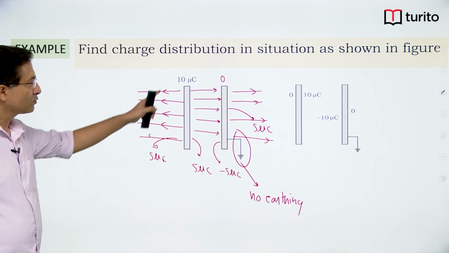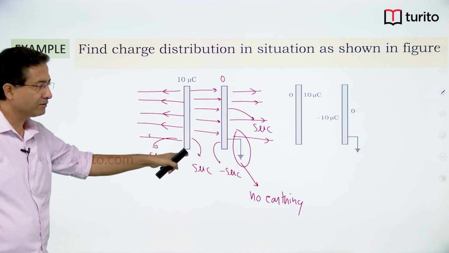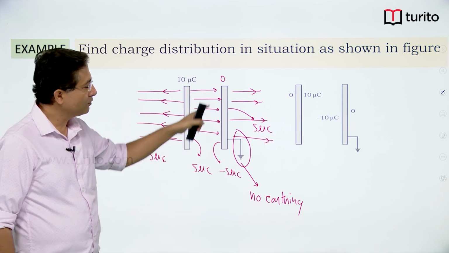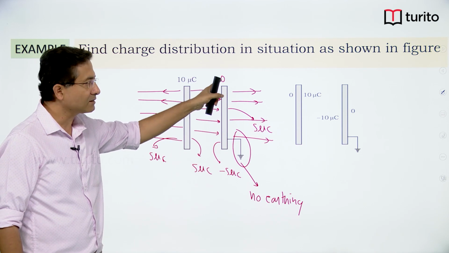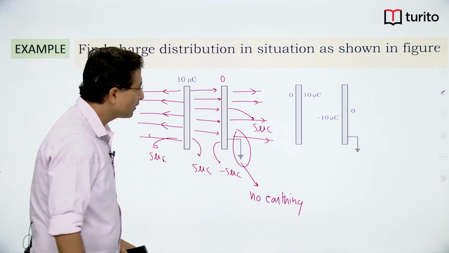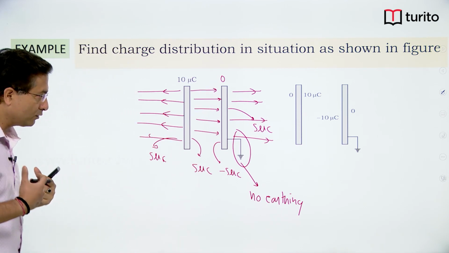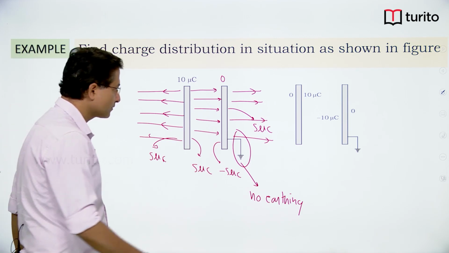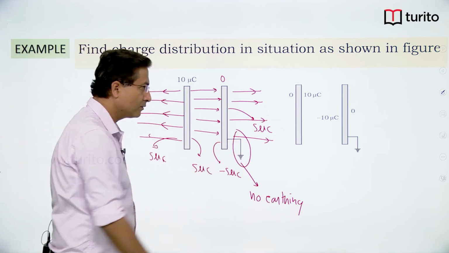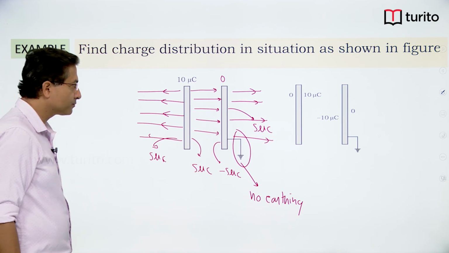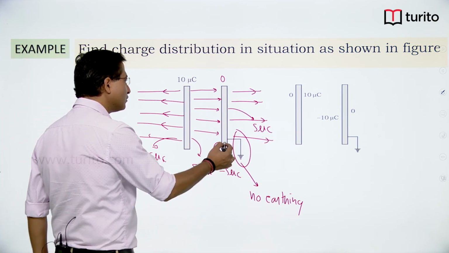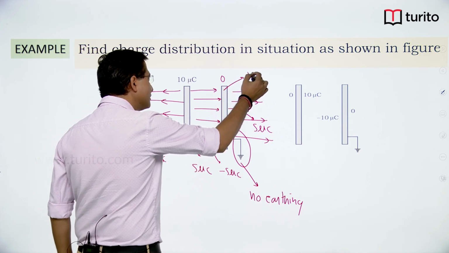So 10, 5, 5, 0. This side minus 5, this side plus 5, you add, conservation of charge is still valid, charge is 0. Now if I earth this, if I connect it to earth, look at the arrangement. If I connect this to earth, the potential here has to be 0,